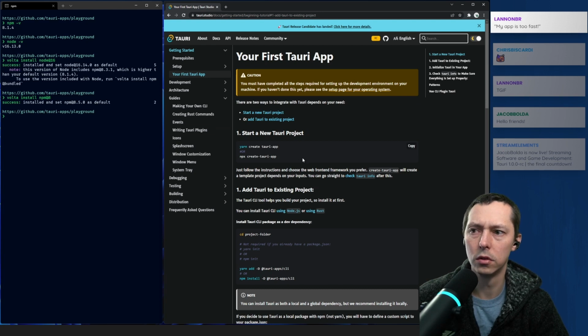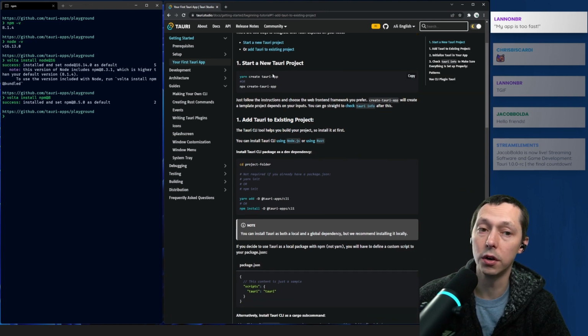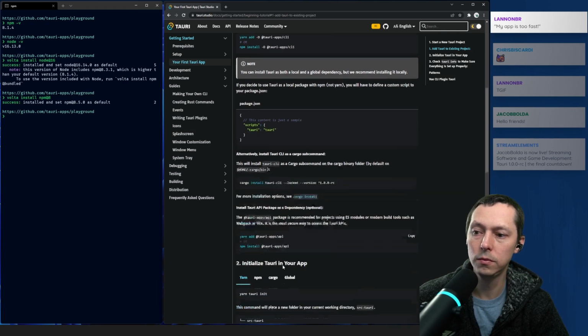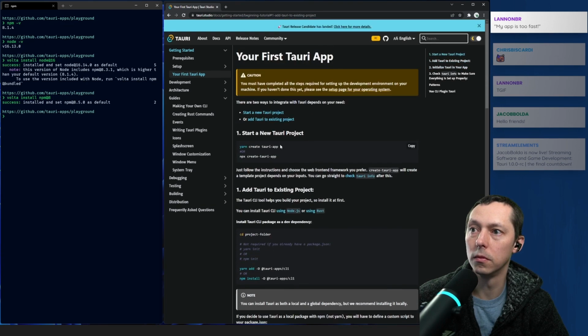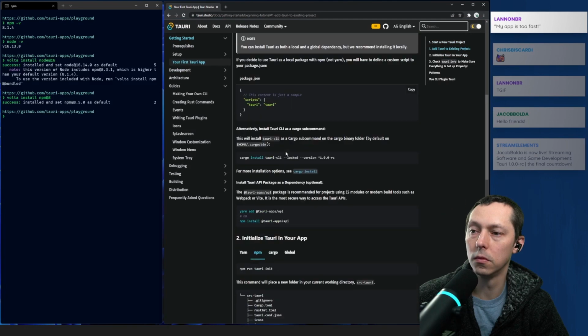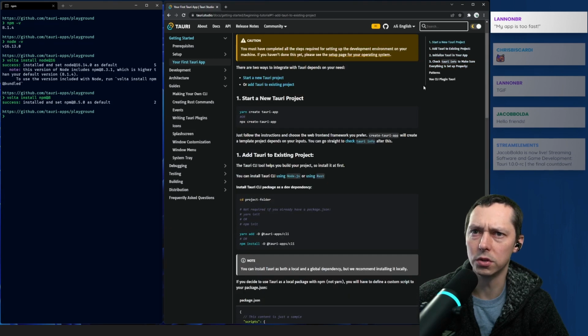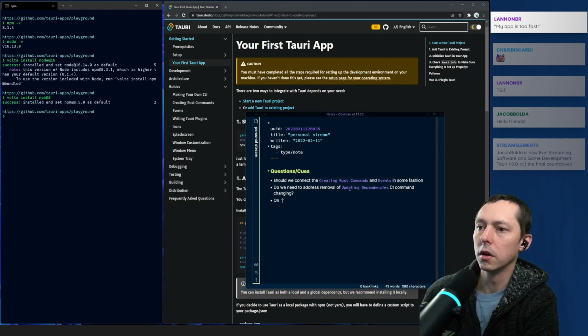That's confusing. That's definitely confusing. So there's basically two paths. There's this create-tauri-app, and then we had it have added to an existing project. And this is what create-tauri-app is doing. It's installing these things for you, and then running Tauri init. So that structure is a little bit confusing. We'll have to fix that, I think. On your first Tauri app,